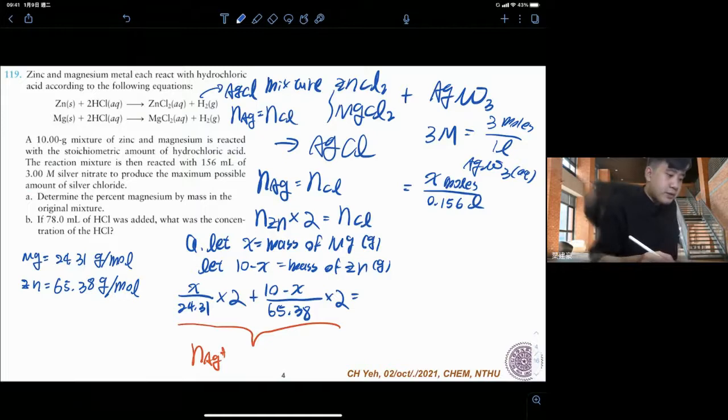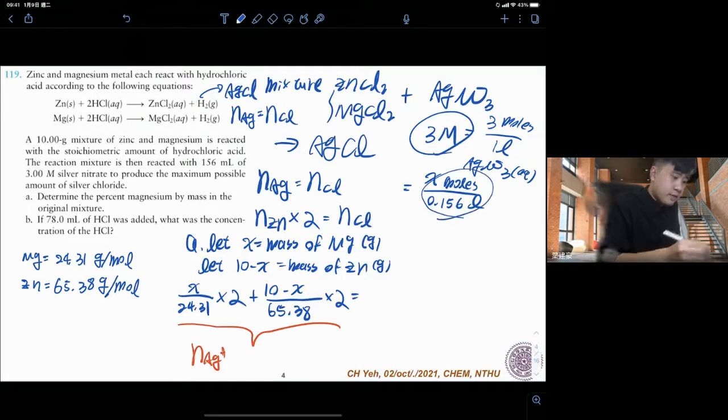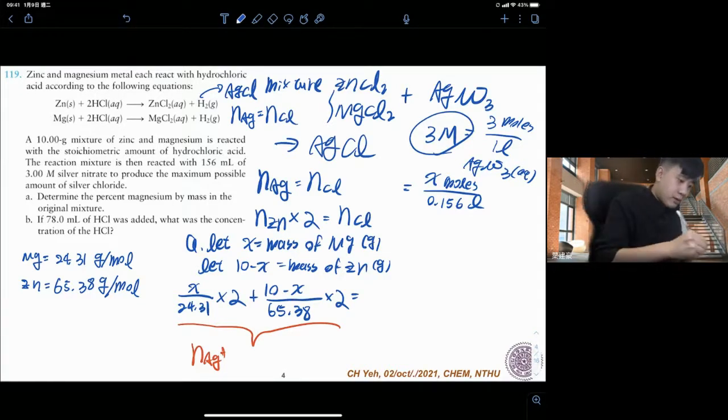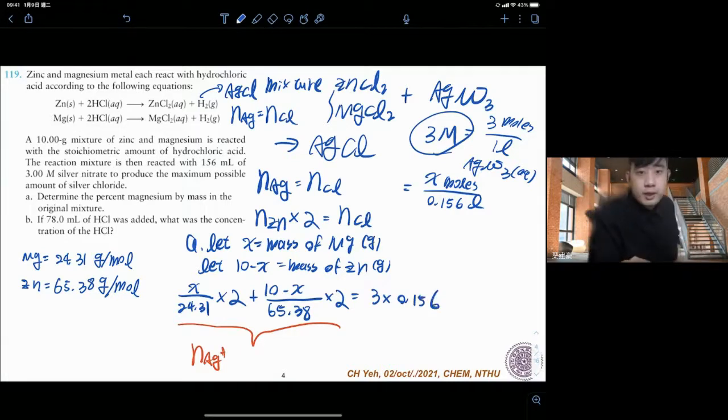So, okay, this is quite simple. Because we know that molarity of 3 equals to this, x divided by 0.156. So this is quite easy, and you can simply do 3 times 0.156, and you can easily gain how many grams of magnesium and zinc inside of this. So after a basic calculation, what you can find is that x equals 3.13,